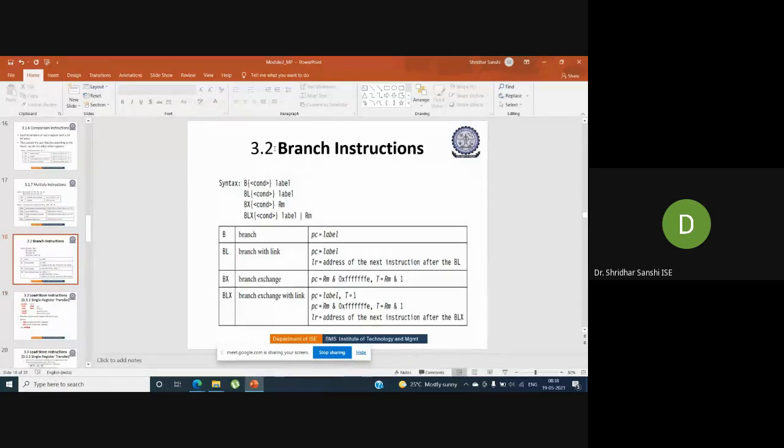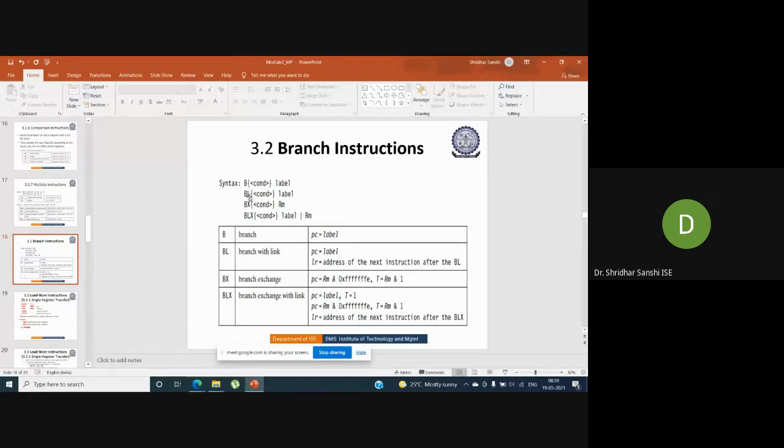And then we have seen the branch instruction. The branch instruction is for changing the flow of execution. Whatever label you give, the execution will start from that particular label. So the program counter will load the address of the label and the execution will start from there. And we have seen some variations of the branch instruction, that is BL. BL indicates link. Whenever we change the flow of execution, we need to return back. For that particular purpose, we use BL. When we say L, the LR register, that is register number 14, contains the return address.